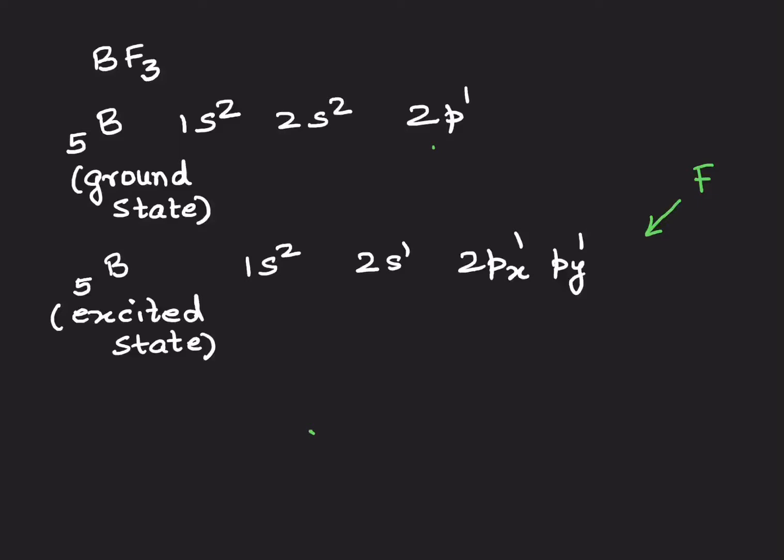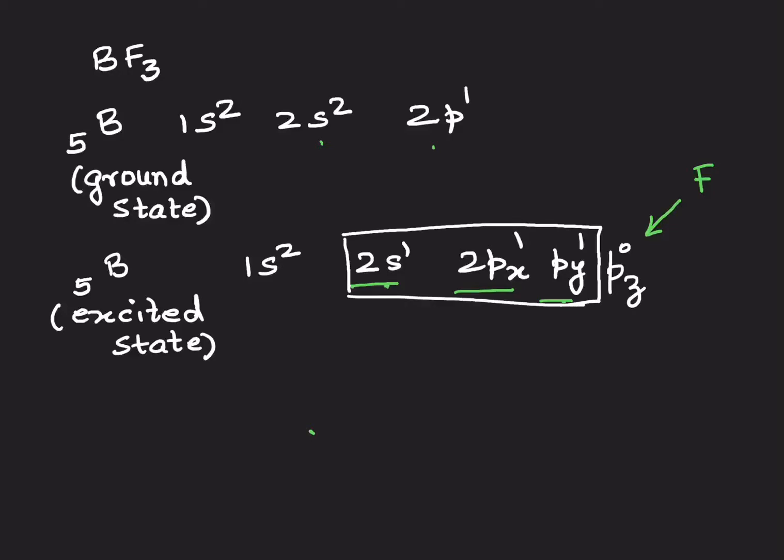Yes, and that is when the s electron gets unpaired and goes into the higher energy level. It goes into 2p. You notice over here, I have written the configuration 2s1, 2px1, 2py1, and of course there is no electron in 2pz. That's a 0. Now, next what happens is, before the arrival of the guest, they need to ensure that there is harmony in the house and all of them look the same. And they undergo what we call hybridization.